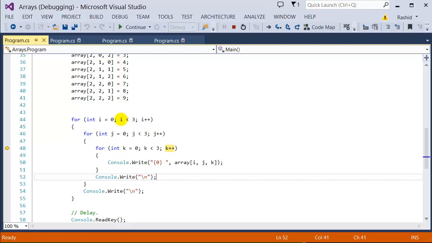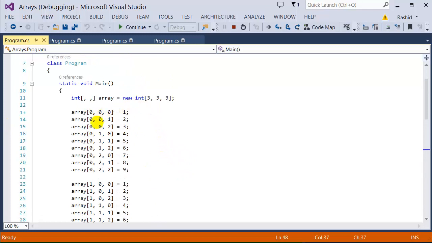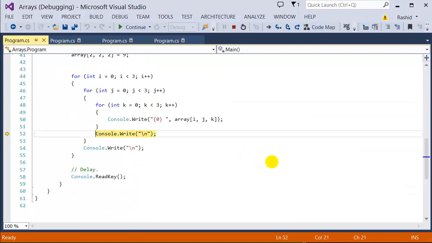So in bookcase number 0, shelf number 0, division number 2, we have book number 3. So let's see, 0, 0, 2, 3. And we have our 3 right here. So that is how it keeps on going